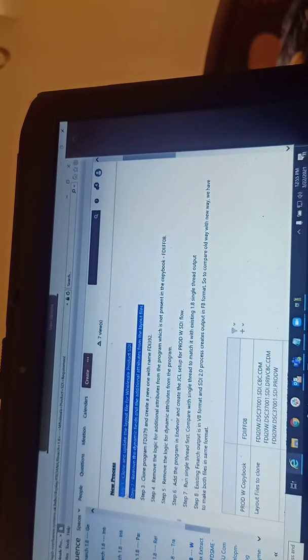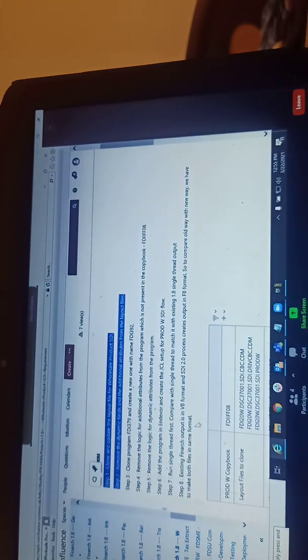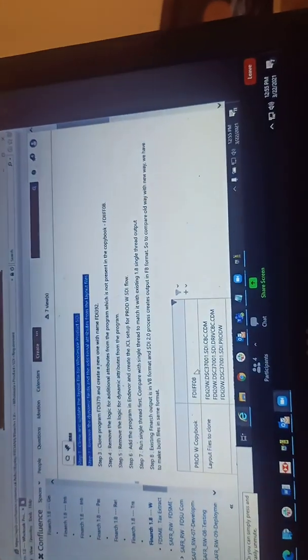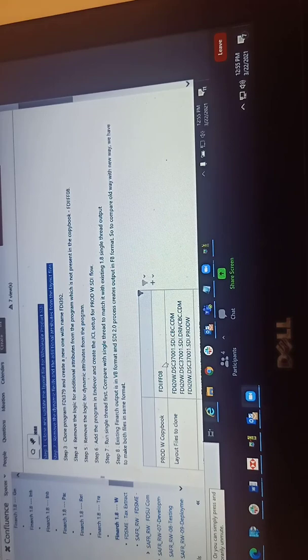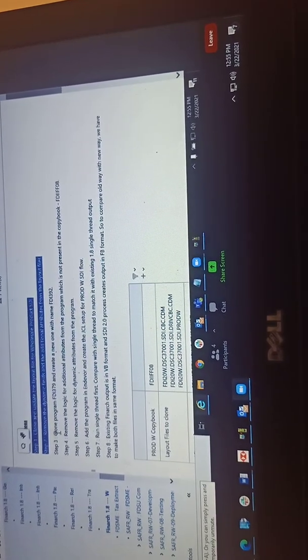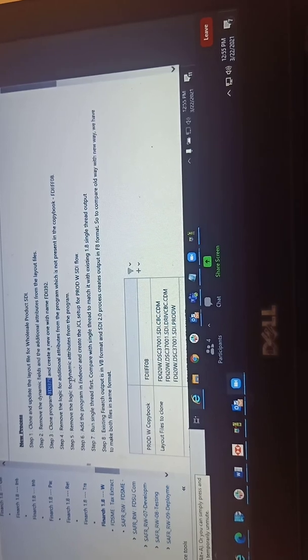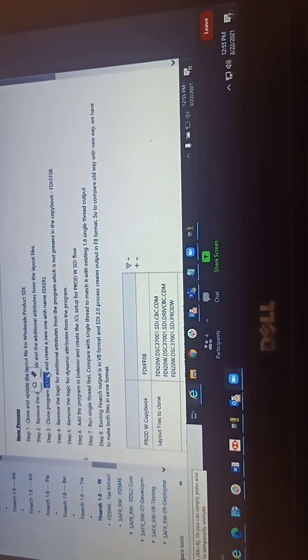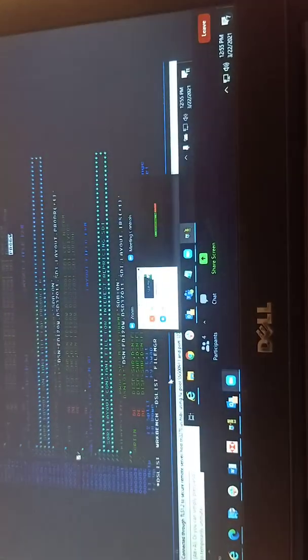So now coming to the program. The first 2 points are related to the layout file. We are not updating the copybook because it is already there, we have to use it as it is. Now third is cloning the program. This is the program for the Bezel project which we had created for the wholesale product. Okay, so if I open that program,